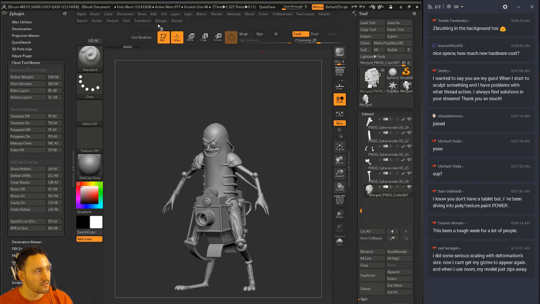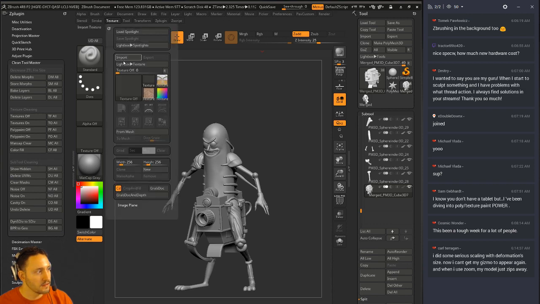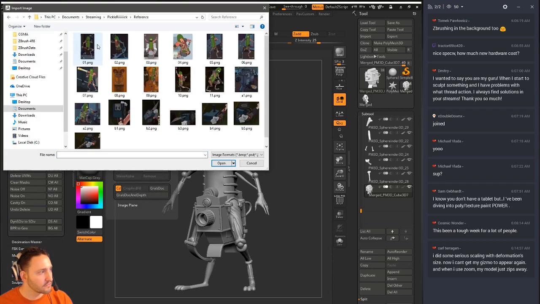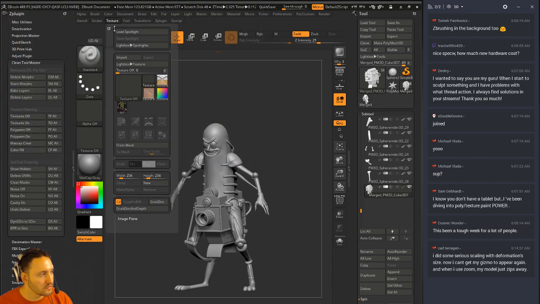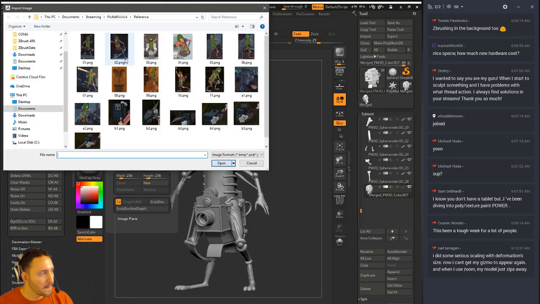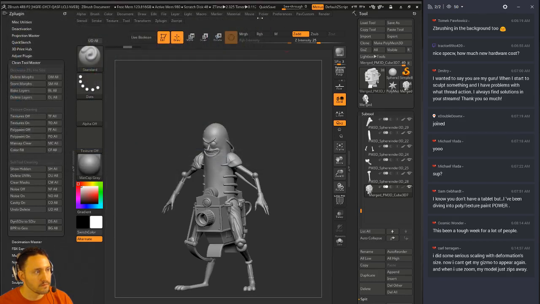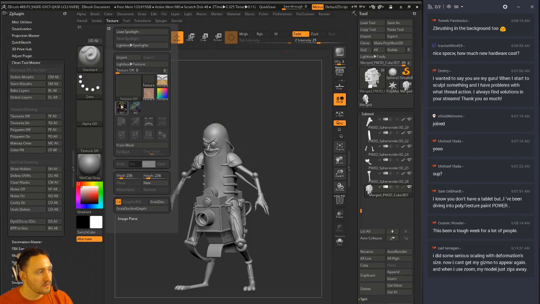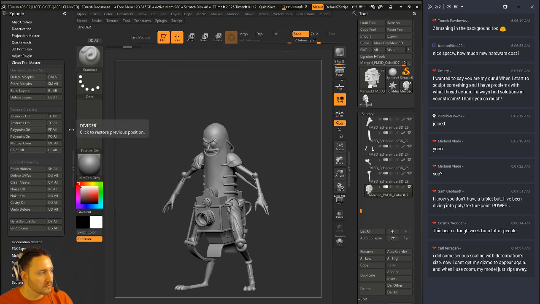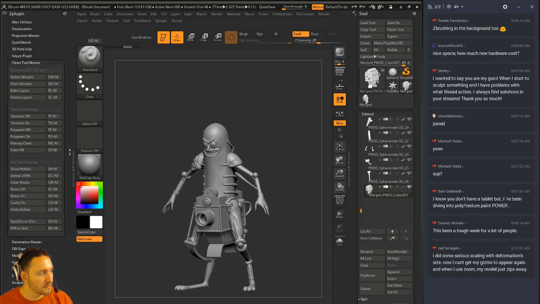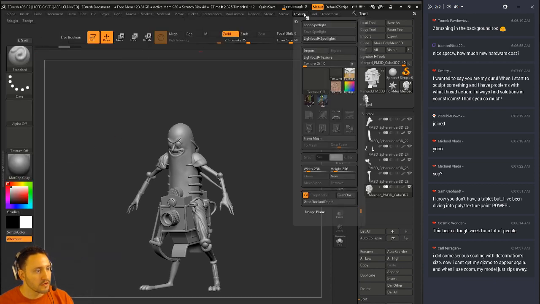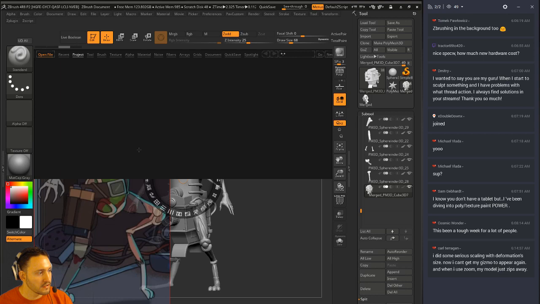So I'm going to go in here to texture, import, reference, and if he's next to it, some of the sizes change pretty drastically. So if we grab this one, for instance, and then we go to, let's say this one, and then we're going to throw these in the spotlight. So we're going to also close this divider down. And the dividers are now double click on ZBrush 4 R2. So if we go over here to texture and we grab this one and we go to the plus sign here,